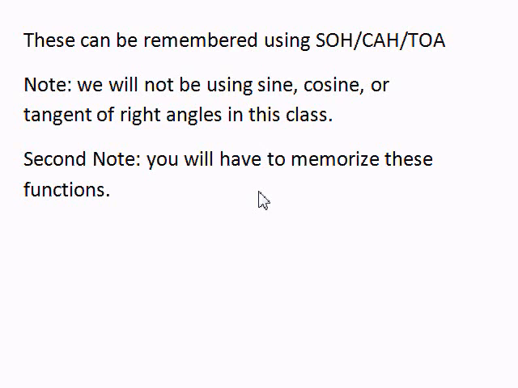Now we can remember these using the acronym SOH CAH TOA. S-O-H stands for sine is equal to opposite over hypotenuse, C-A-H: cosine is equal to adjacent over hypotenuse, and T-O-A: tangent is equal to opposite over adjacent. Note, we will not be using sine, cosine, or tangent of right angles in this class. Second note, and probably more importantly, you'll have to memorize these functions: sine, cosine, and tangent. Now that you've got those written down,